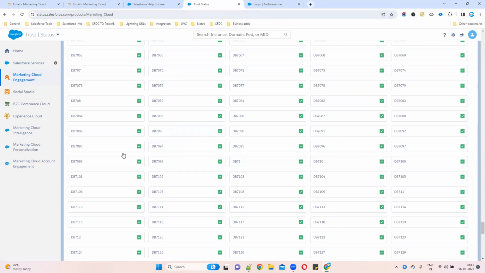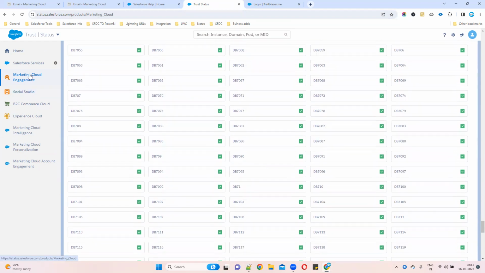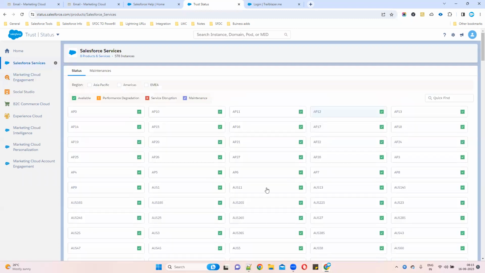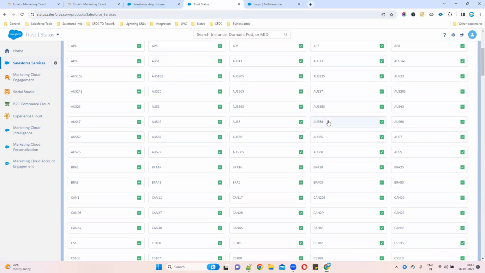You can check your marketing cloud status there. Not only marketing cloud, normal Salesforce also we can see and check everything here. For Salesforce we can use these symbols like Asia Pacific, North America, Australia, all those things. For marketing cloud we can use the R guide. That is the difference. Clear, madam? Yeah.